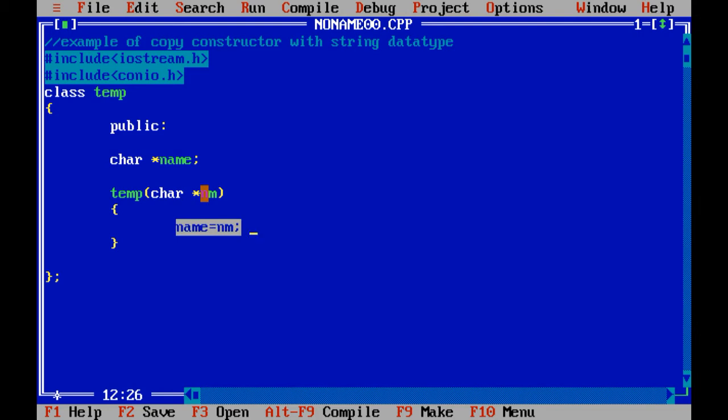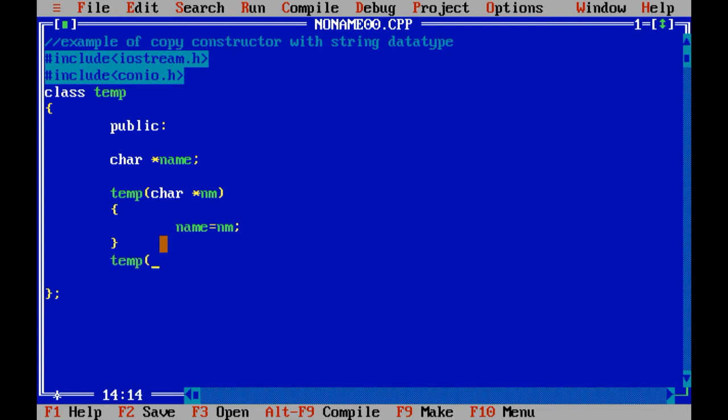Such a thing is not possible with the C language. So over here I have not taken string.h or used the strcpy function. You can directly initialize the value of a string variable using the equals to operator. But if you want to use the strcpy function, then you can use it.